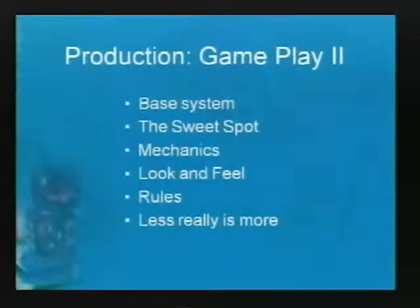Then we get to gameplay part 2. There's a number of things that you're going to consider based on what we talked about in gameplay part 1, of once you've established the type of game you're going to make, the system that it's going to use. You're going to want to pick your base system. And what I mean by base system is the underlying mechanic that's going to determine the random results for your game. Whether that's a multi-dice bubble popper from Trouble, or whether it's a D10-based game or a D20-based game or a D6-based game. All of these have inherent constraints to them, and they also have inherent benefits, which brings us